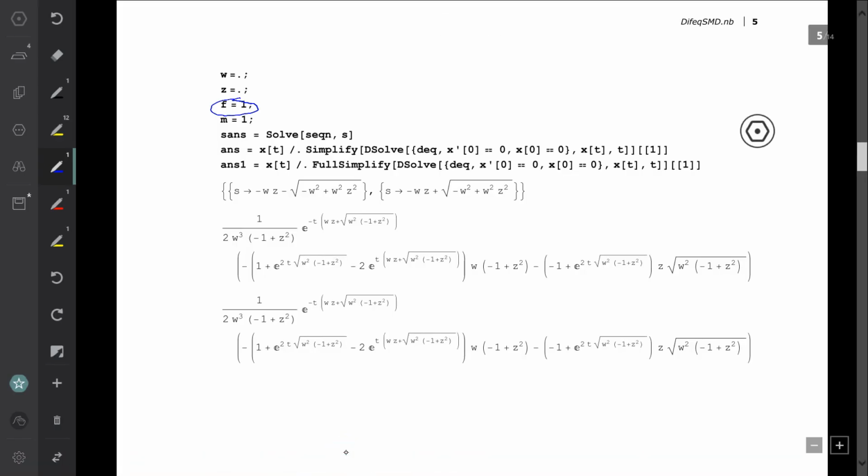Okay, we're back this time. I'm going to allow the force to be 1. This is called the forced solution. The previous one was free. When this was 0, it was free to do what it wanted to. I'm going to define the mass as 1, and then, like before, I solve the S equation, and